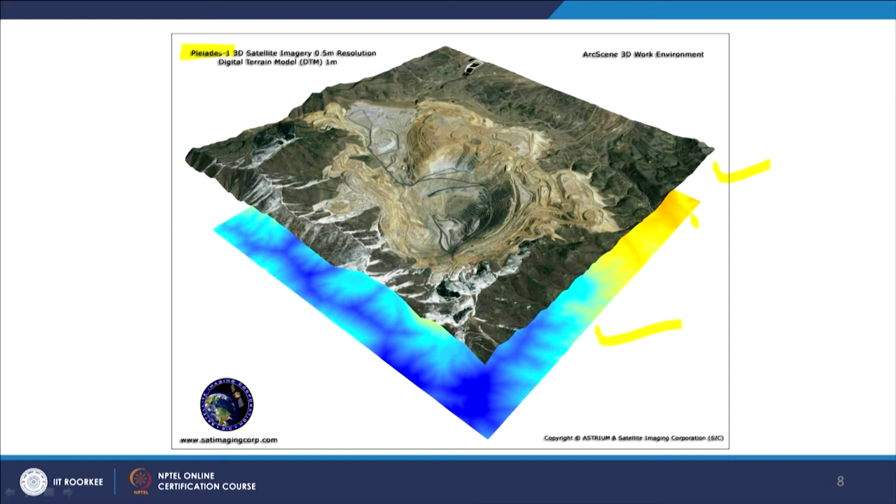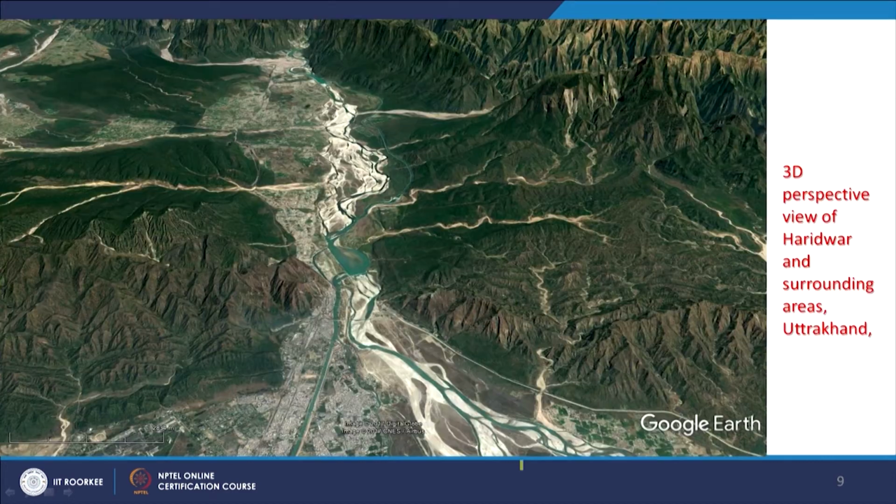It was launched especially for that purpose, where you can have a very high resolution digital elevation model of 0.5 meter. Earlier it was never thought possible, but now it is possible with satellite images. Now, this example is from Google Earth, as you can also see here, and this is a 3D perspective view.